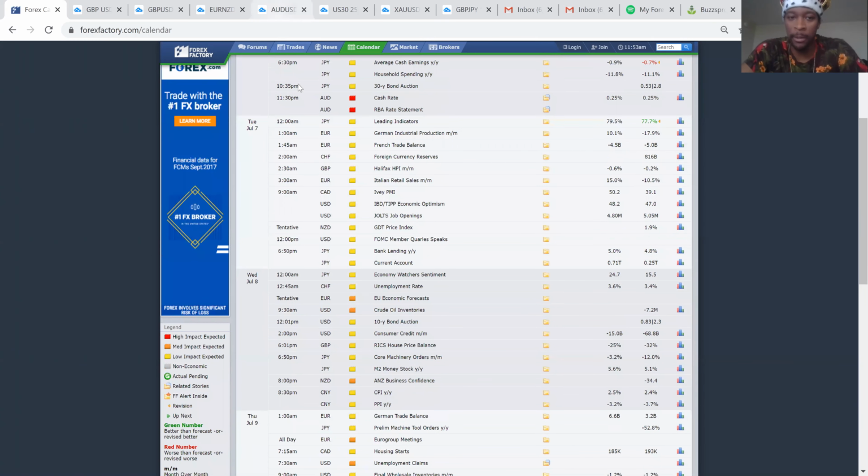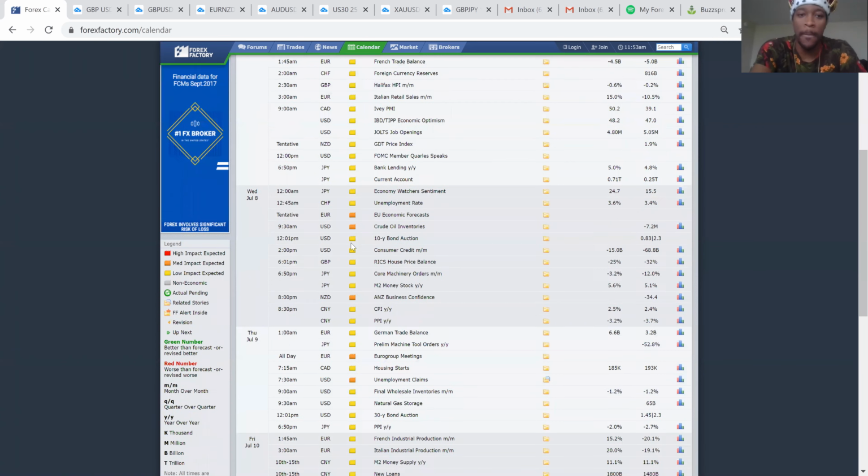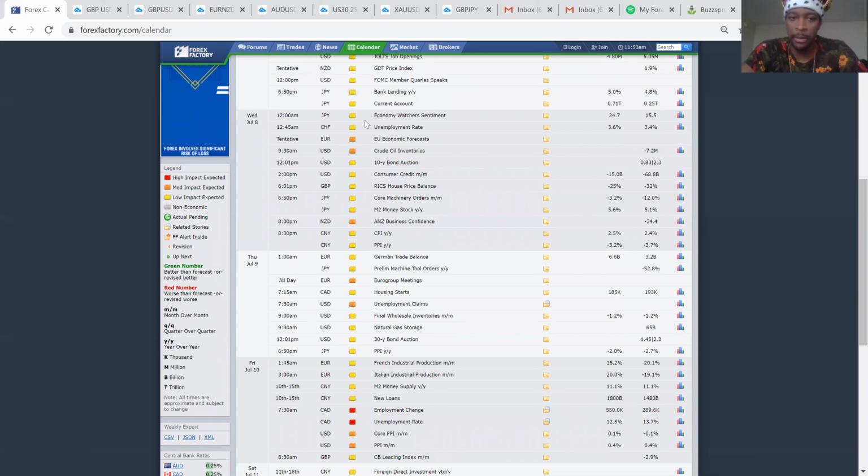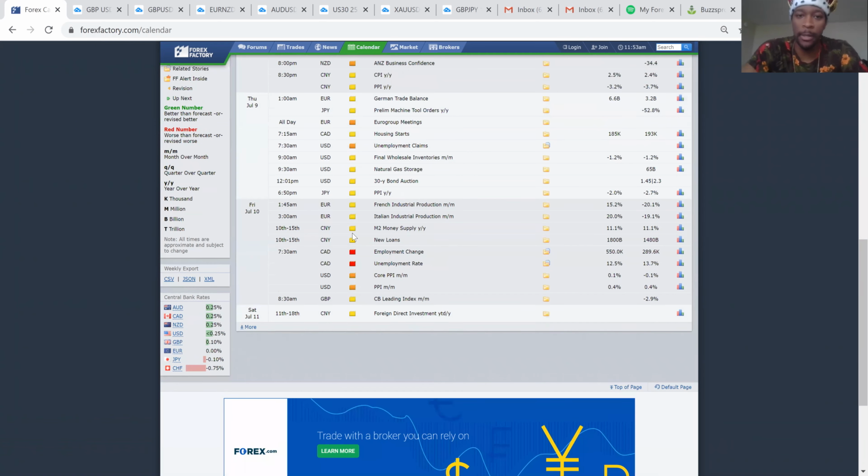And then we got Tuesday. And Tuesday, not too much going on. Very low impact news events. So Tuesday, the market should be pretty smooth. And then you got Wednesday, where it's a little moderate, but nothing too crazy going on in the market. And then we got Thursday. Again, Thursday should be a nice chill day in the market, nothing too crazy. Yeah, we have unemployment claims coming out for the U.S. It should be interesting to see the numbers.